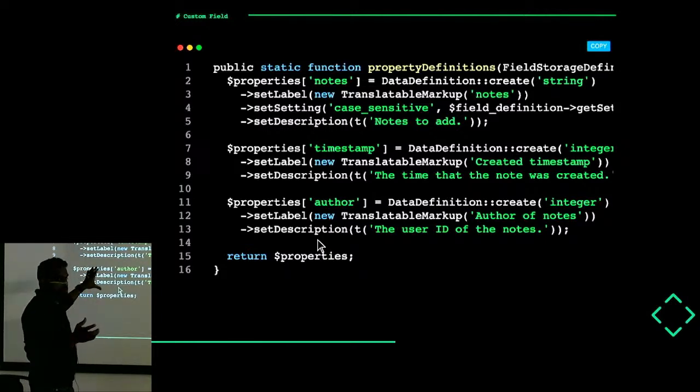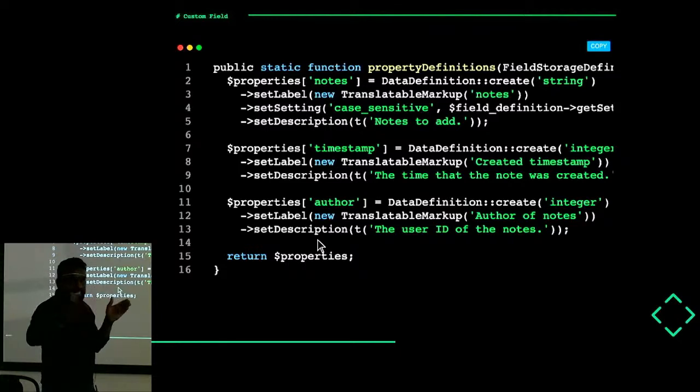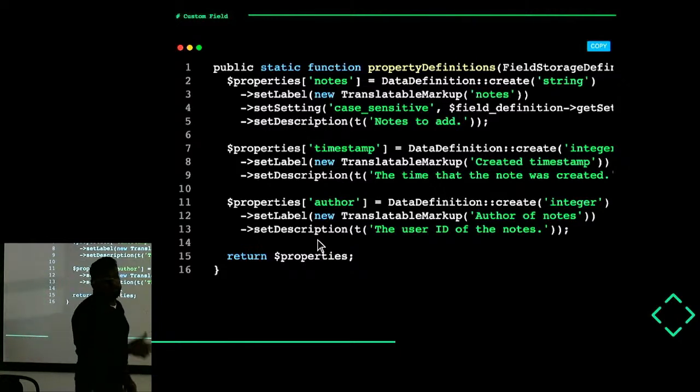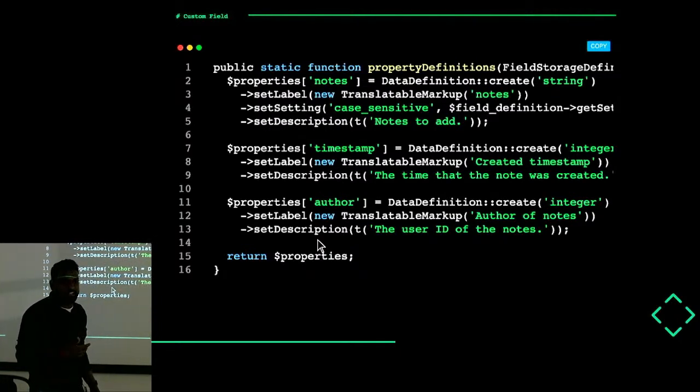But if I put this field in the main entity as a multi-cardinality, then it might create another table like submission underscore notes table with the delta and all these other things. So again, you're looking at 2 tables max. Then, if you imagine you're adding this using a field UI and you're creating 3 different fields, one for notes,